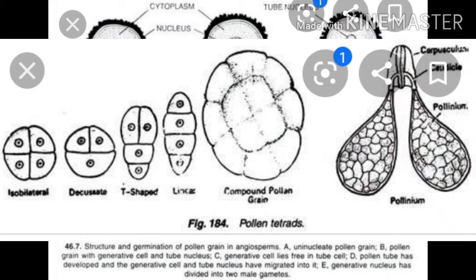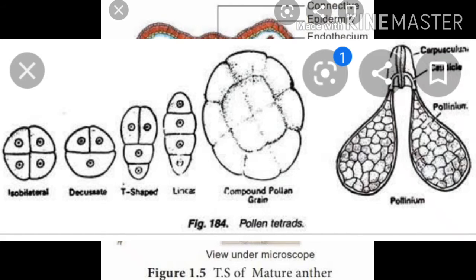Now I am talking about compound pollen grains. In plants like Typha, Acacia, Drosera, Hydrilla, etc., pollen grains adhere in tetrads to form compound pollen grains. In members of family Mimosaceae, these are formed in groups of 8 to 64. Now I am talking about pollinium. In members of family Asclepiadaceae and Orchidaceae, pollen grains are formed into two balloon-like structures called pollinia. In orchid, each pollinium is divisible into many compartments called massulae having pollen grains.